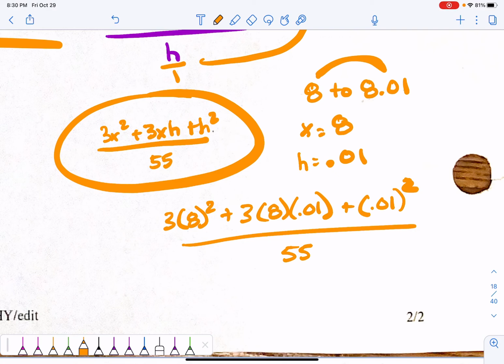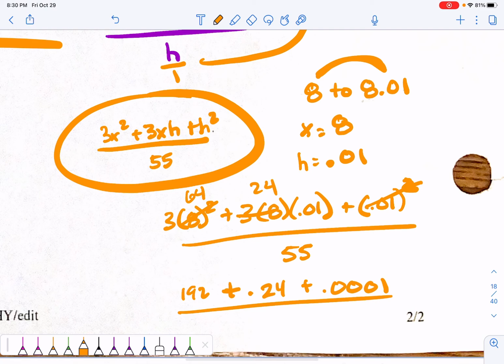Okay, and oh my heavens, that's a lot of math to do. Okay, 8 squared is 64, and 3 times 64 is 192. Okay. 3 times 8 is 24, times 0.01 is 0.24, and then 0.01 squared is